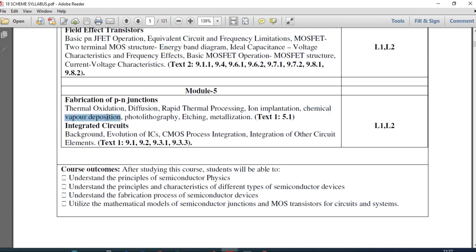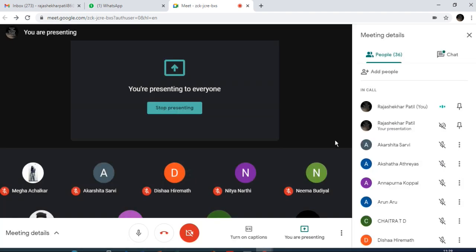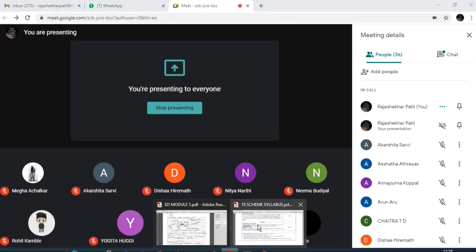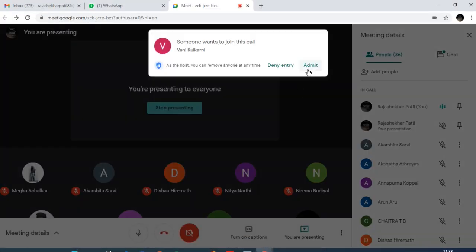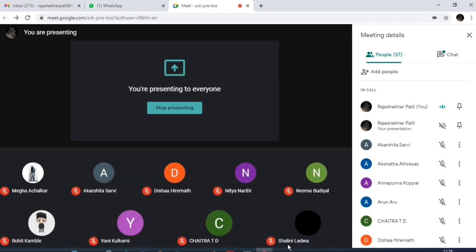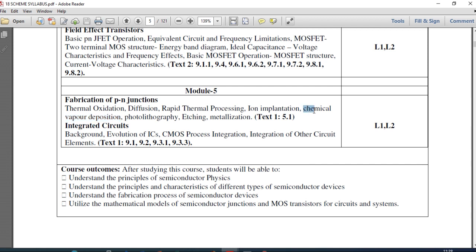Chemical vapor deposition is also a process of oxidation, but it uses a lower temperature compared with rapid thermal processing. Now we are going to discuss how chemical vapor deposition is more advanced compared with rapid thermal processing,